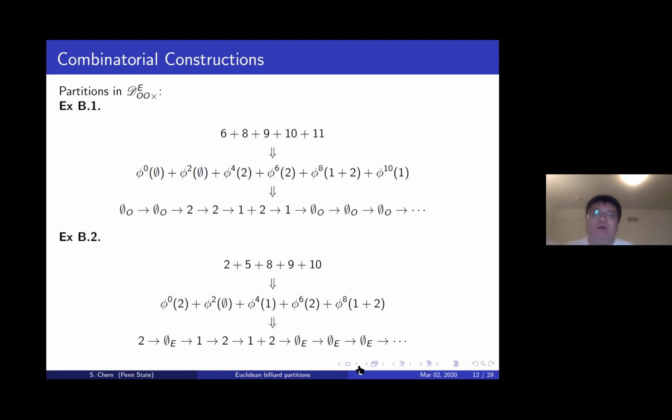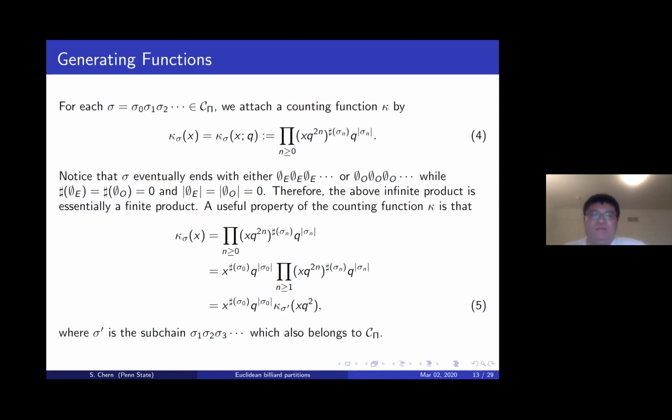So here from these examples, we can see how to transform partitions in the 2 partition sets into infinite chains in the set C sub capital pi. And now the next thing we need to deal with is the generating function, since we want to find the generating functions for the 2 partition sets. So let's start with an infinite chain in this set, and then we can attach a counting function for this chain. Let's say this counting function is called kappa sub sigma, and then this function is given by this